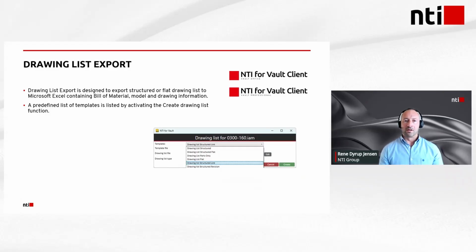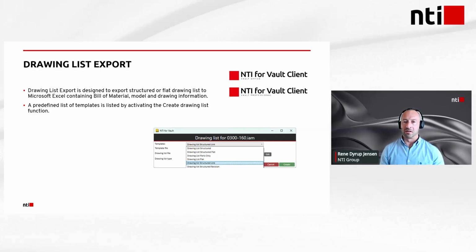So, and this actually goes as well for drawing list, because the ideal way of handling like bill of materials, different list, will of course be to extract the information from Vault, and deliver it to your ERP system, and then for your ERP system to break down that bill of material and provide the list you need, like a list for purchasing, a list for laser cuts, whatever you could imagine. But again, if you don't have that kind of integration, you need some kind of alternative solution.